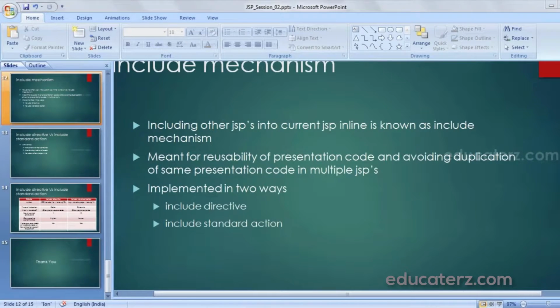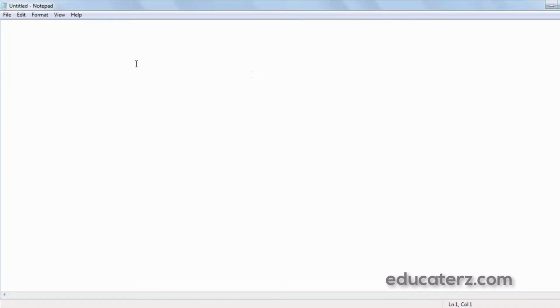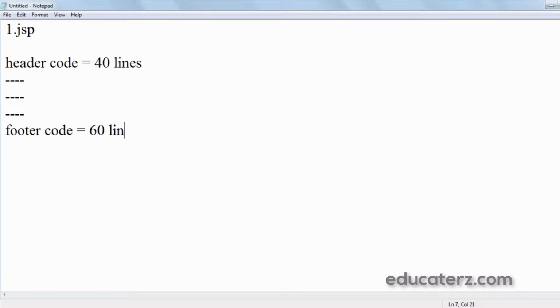So in an application, consider that there are around 80 JSPs, in which one JSP is written something like this, where I have header code which is of some 40 lines, and my main JSP code, and finally the footer code, which, assume, is of 60 lines.